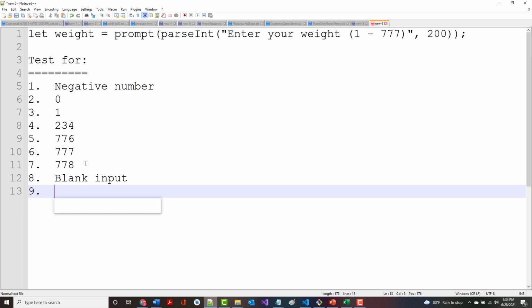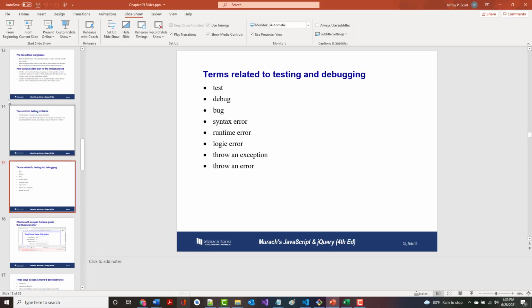How about non-numeric input? So you start to see, when you look at this and you're starting to develop a test plan, that there are almost 10 values right there for us to test. Okay. So as you're going through this,